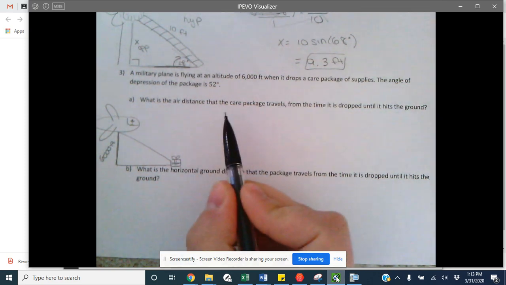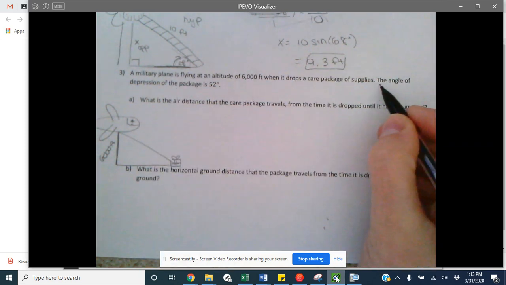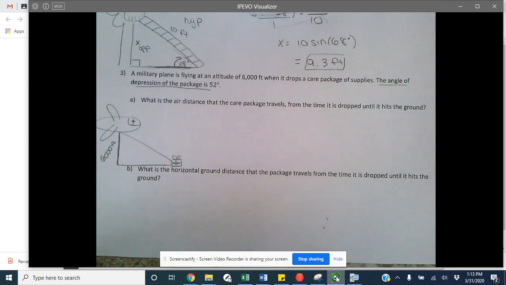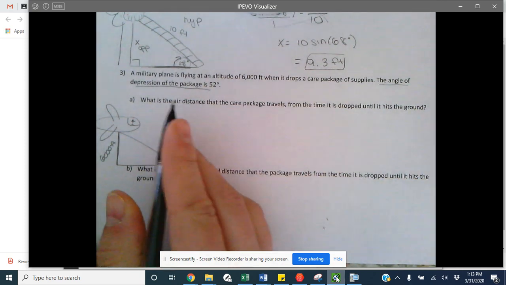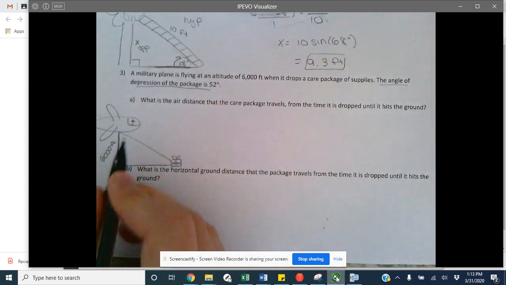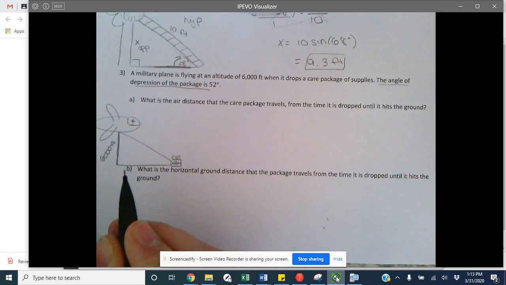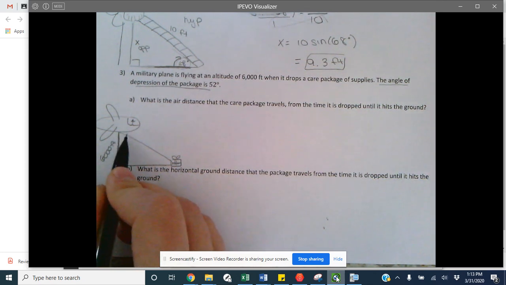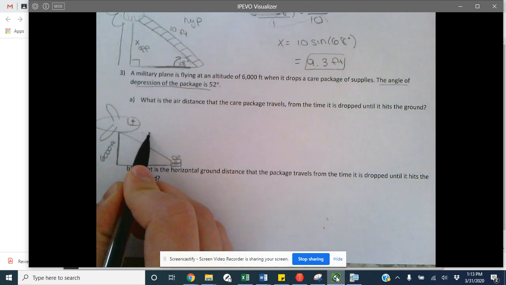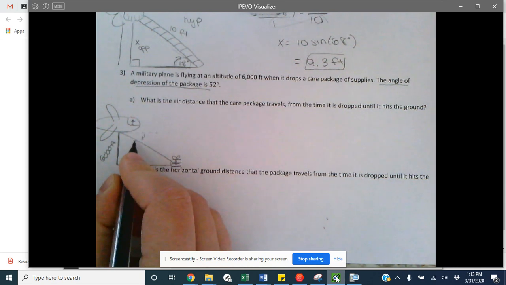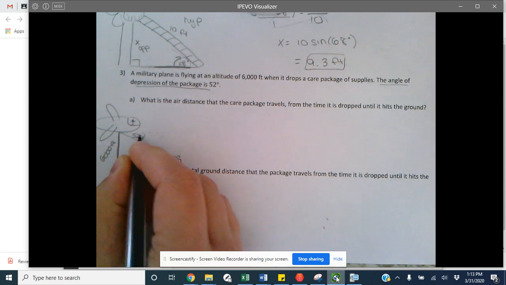So now, it told us that the angle of depression, now it's depression because it's going down, right? Well, it's going down 52 degrees. But remember, the angle of depression is always from the horizontal. So you have two options. You can either make a horizontal line here and then put the angle of depression going down 52 degrees, or